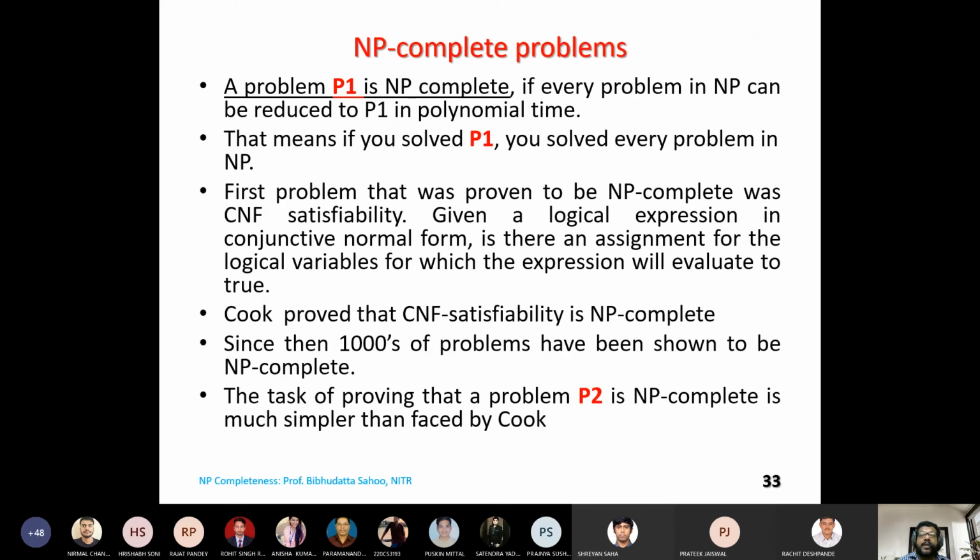Now what we try to do, we got two things from this. If we have a problem proved to be NP-complete, then we can prove another problem to be NP-complete by a mechanism called reducibility. What is that reducibility? Reducibility is nothing but an algorithm. That conversion algorithm, or transformation algorithm, must be a polynomial-bound algorithm. Correct?